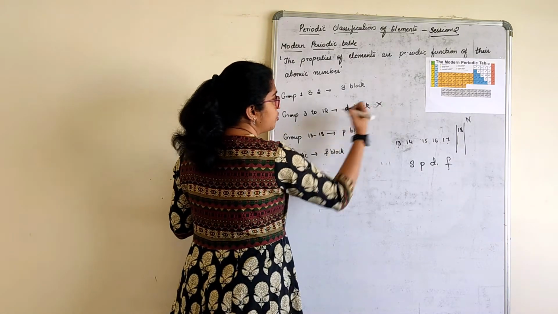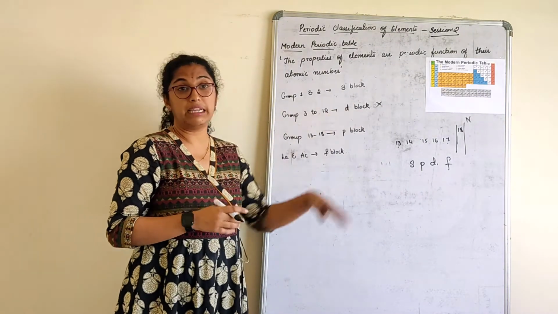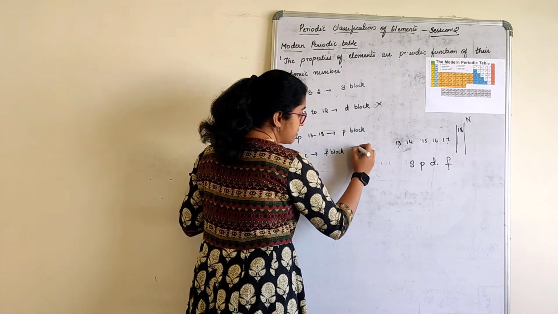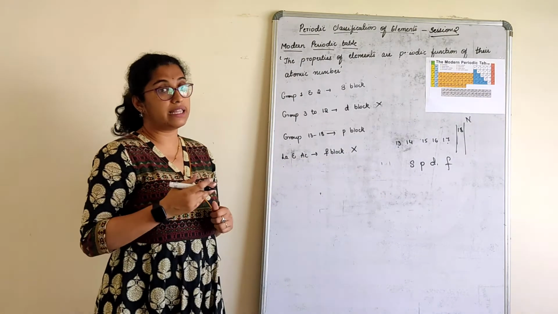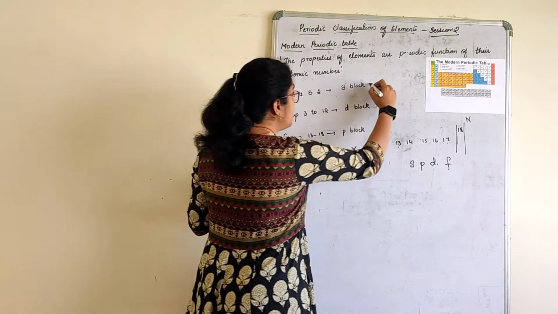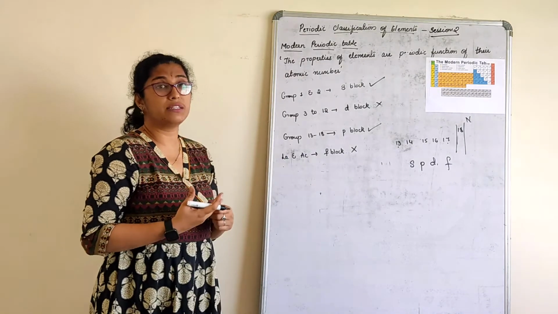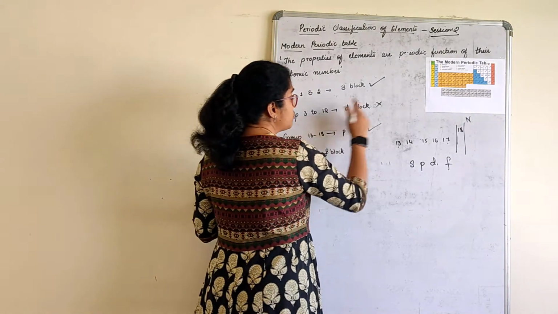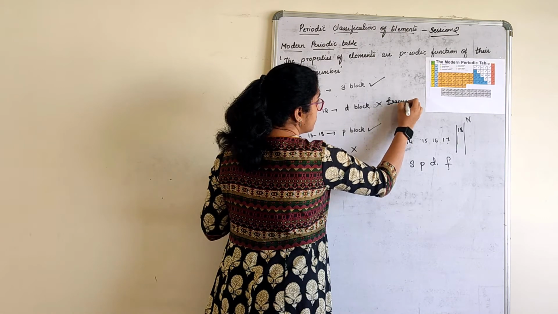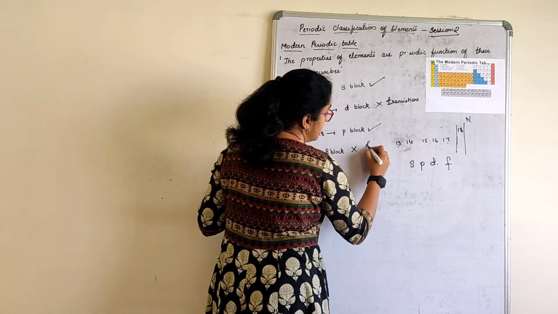D block anyhow you don't study this year. You study about D block elements in your 11th standard. As well as lanthanides and actinides, you also don't study for 10th grade. You study about these two block elements in your 11th grade. You only study about S block and P block elements, okay? One more important thing you have to know here is, groups 3 to 12 are called transition elements. And F block elements are called inner transition.